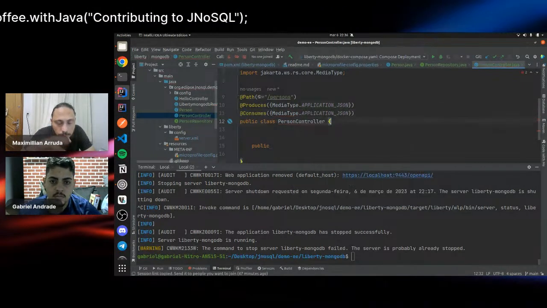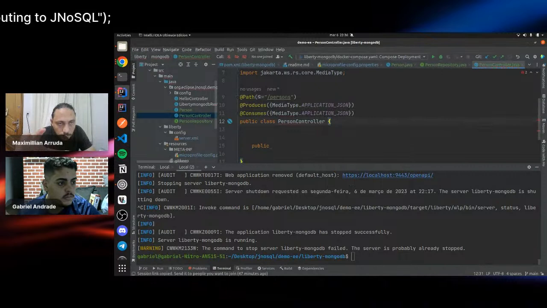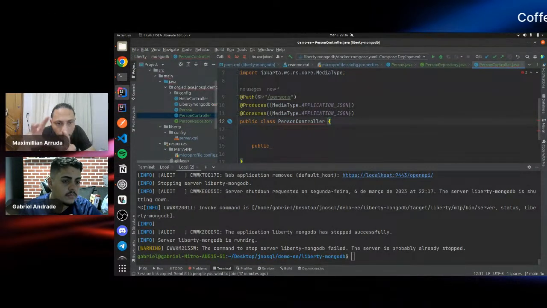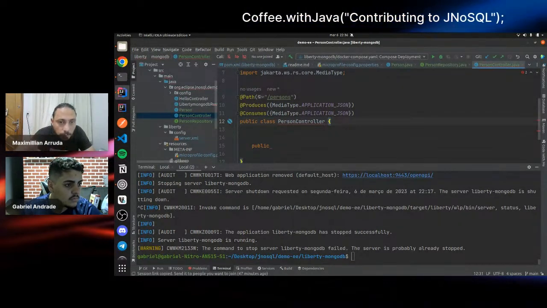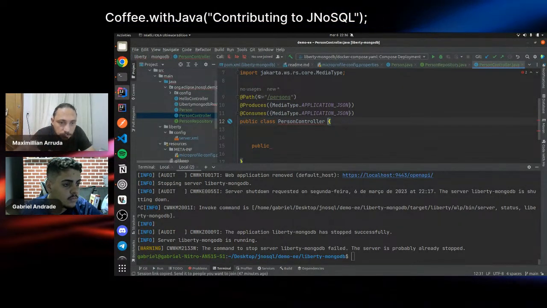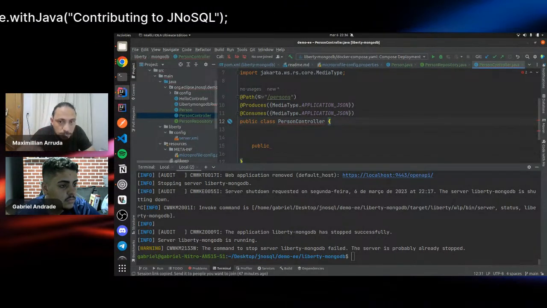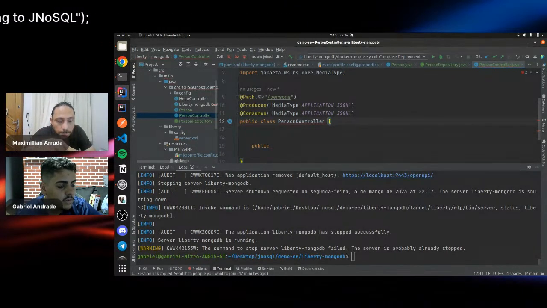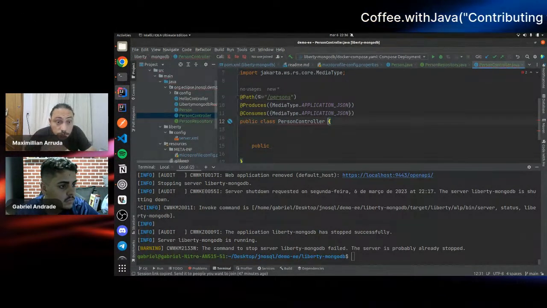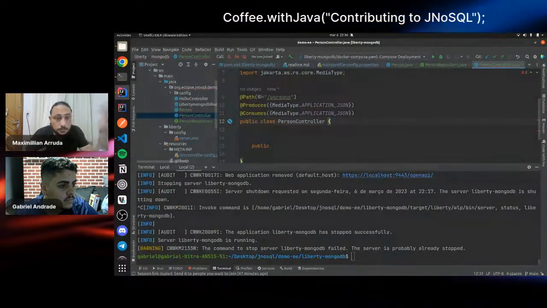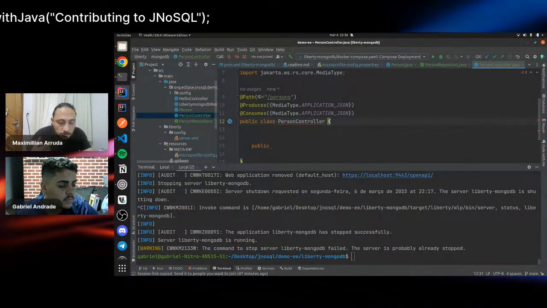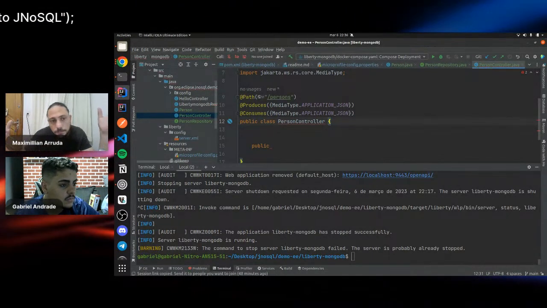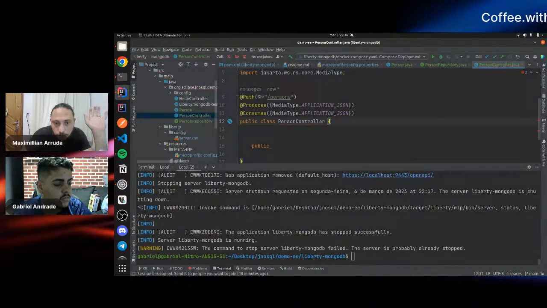By doing this, we are making the methods in this class able to communicate using this media type. Our framework will be responsible for marshalling to JSON and vice versa. Understand?